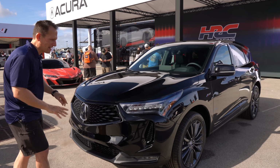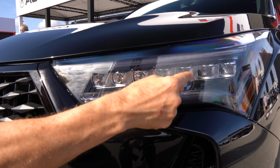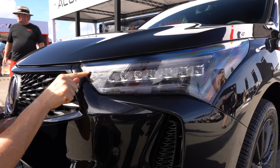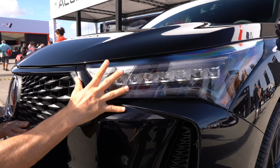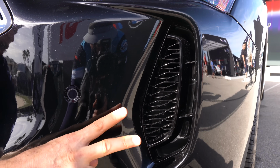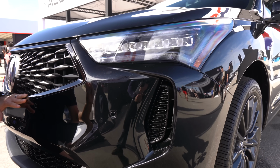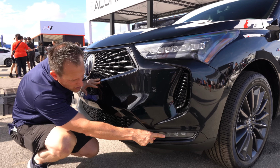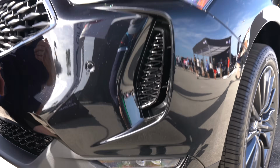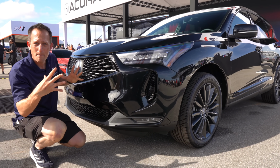Right off the bat, the lighting. I love the way Acura does their lighting. You have their multi-jewel LED beam headlights, you got your LED daytime running lamp, and you have your LED turn signals, all blended in one. Working our way down, we have massive corner air curtains that are functional, functional on the grille area and on the outer side. And then the last piece of the puzzle is you actually have LED fog lamps down below. And I think with this being a black version of the RDX A-Spec, all of the black matches up,